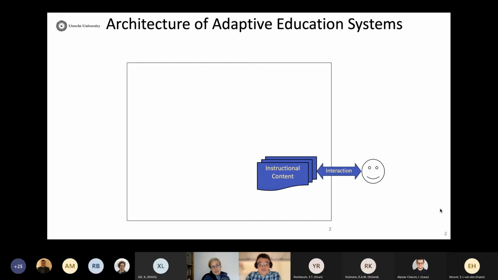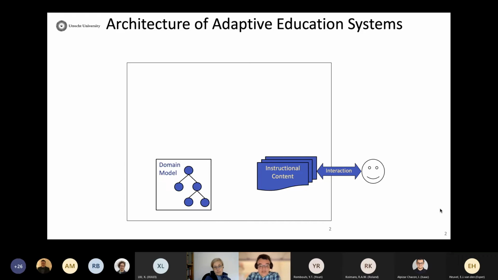The architecture of adaptive educational systems is pretty much set over the years. The components are known, and there can be some variations, but more or less all these systems follow the same design principles. We have a student who interacts with some instructional content. This content can be exercises or interactive examples, or just tutorial pages or textbook pages.